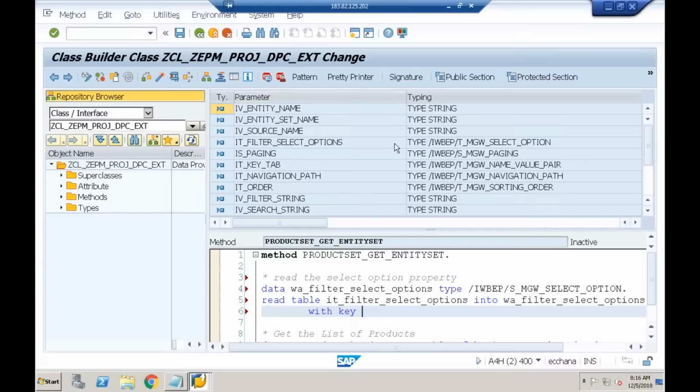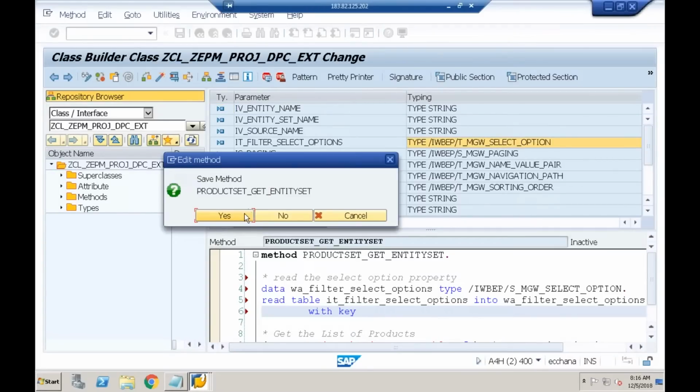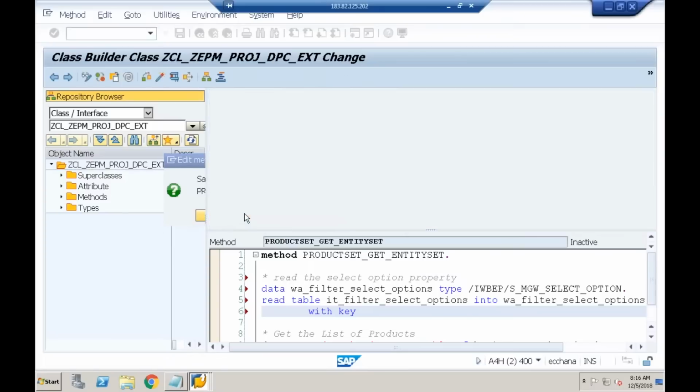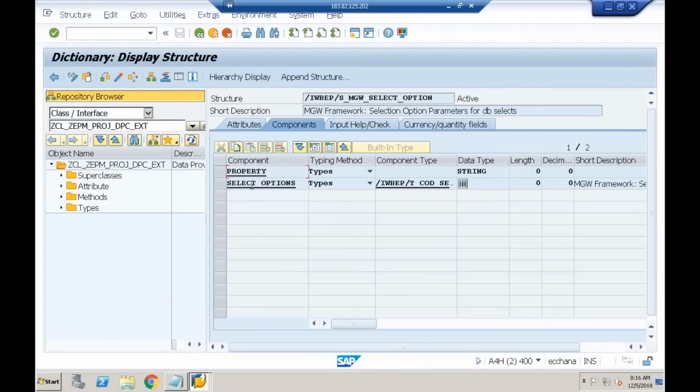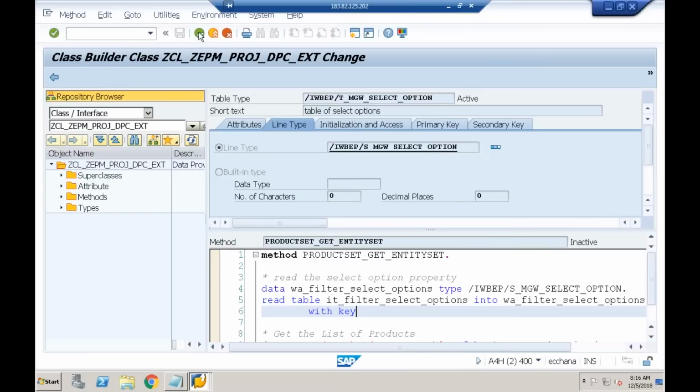what are the fields in this? Let me again double click on this. Yeah, there are two fields here. One is property, another field is select_options. Again, this field is an internal table. Property and select_options. Okay, so keeping that structure in mind, I'll say